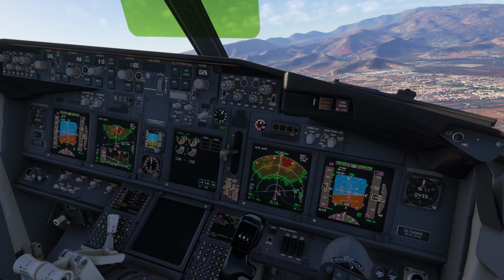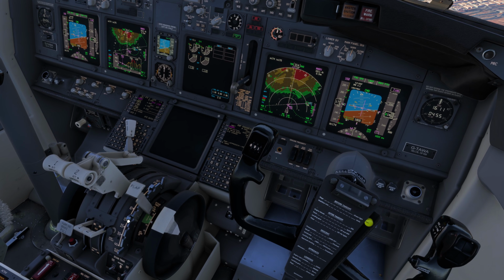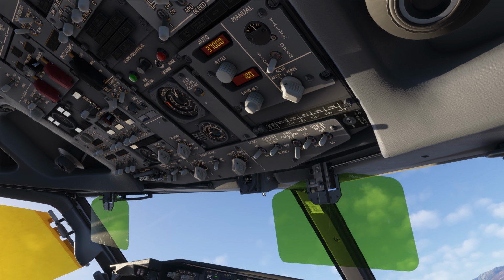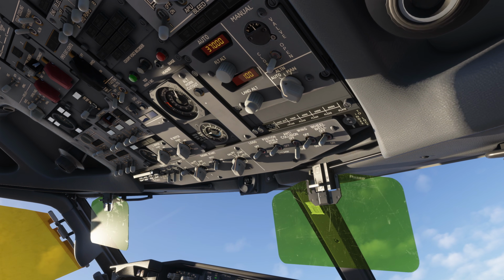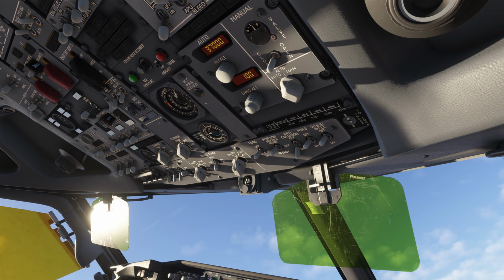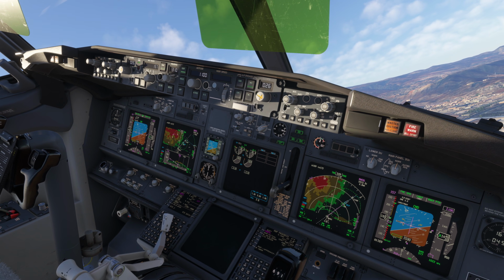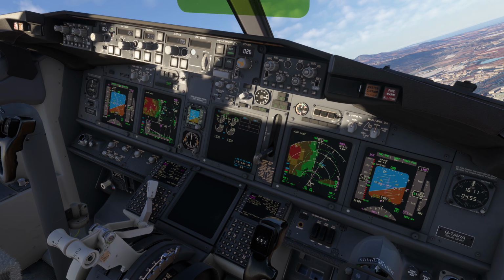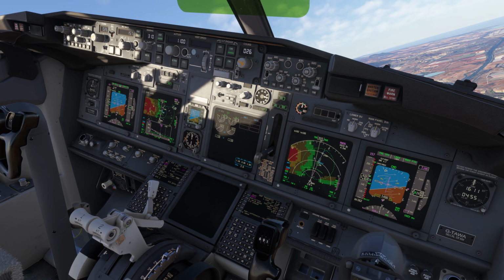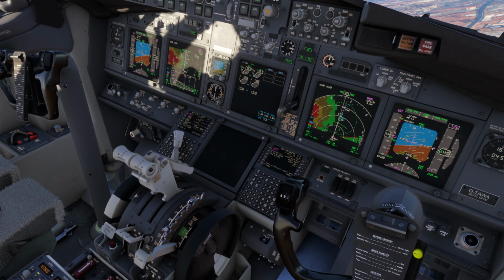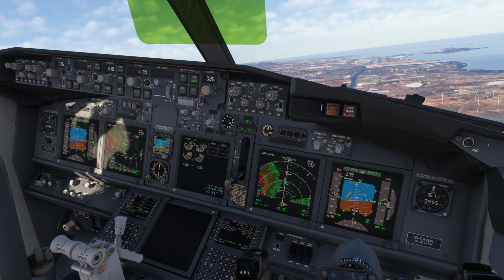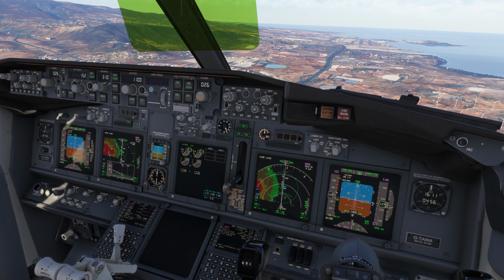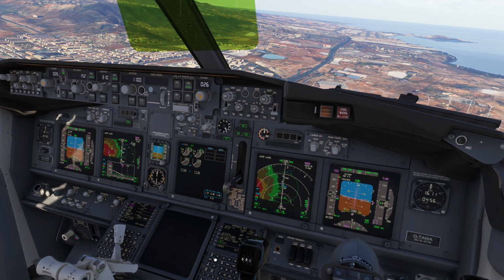Now, as we're turning final, let's go gear down and flaps 15. And then we can match that speed down here, complete the landing checklist, like that. So that's going to be engine start switches continuous, recall checked, speed brake on, green light, landing gear down 3 green, auto brake 3, and then we can set flaps 30 and set VREF plus 5 over here, like that. Alright, cool. Then we got flaps 30